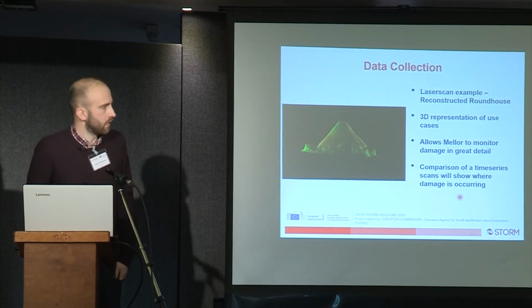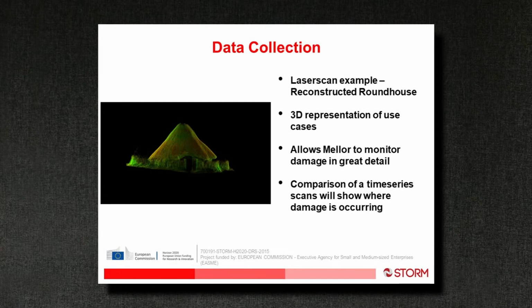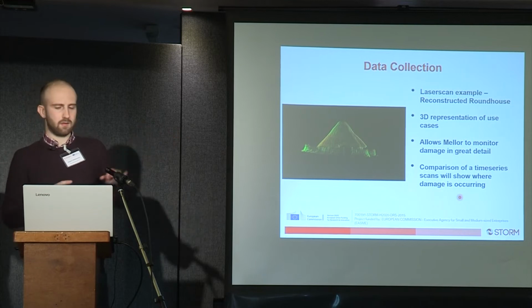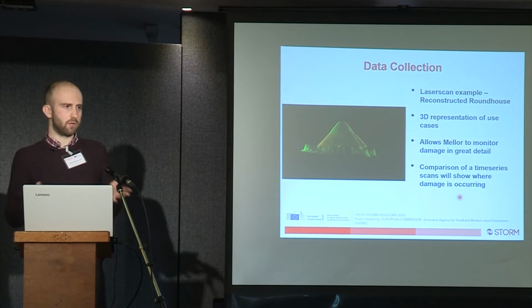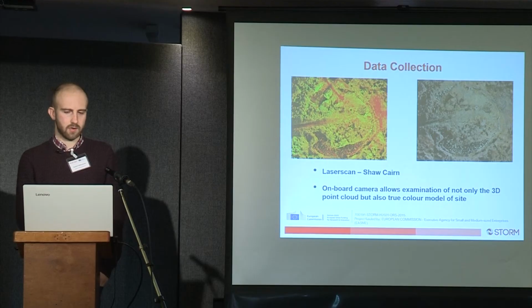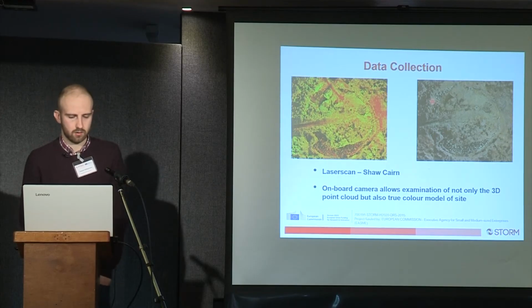This is an example of a 3D scan of the roundhouse, and it gives us a really good, if not millimetre then centimetre accurate 3D model of the asset. And I haven't got an example to show you, but we can actually overlay these time series of models to show the damage. And then the laser scanners have, that's not a great example, but they have an onboard camera. So not only do we get the 3D point cloud, we also get a 3D true colour representation of the asset